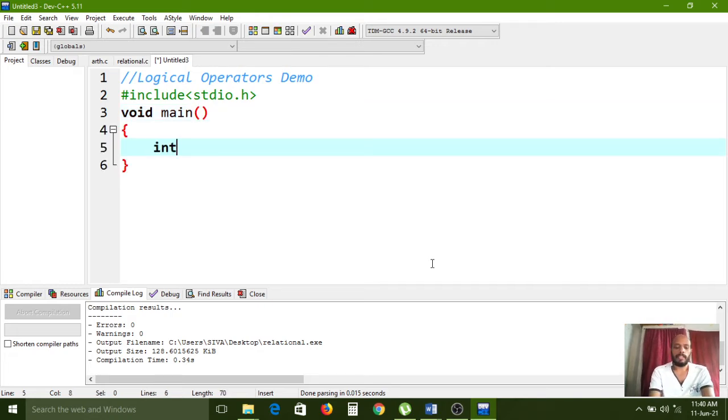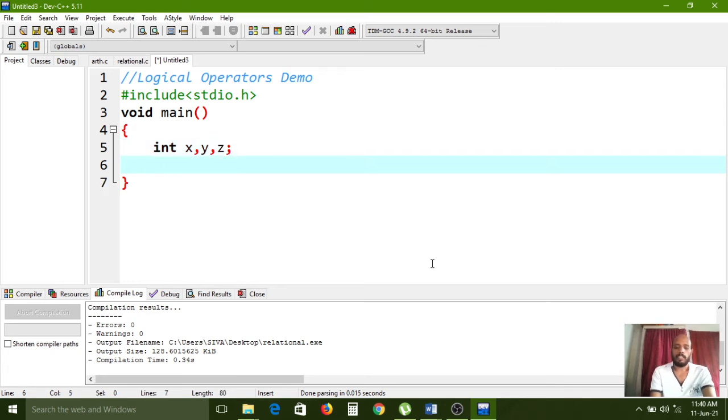Now I am creating the three variables x, y, z. Now I am printing a message with printf: Enter x, y, z values.